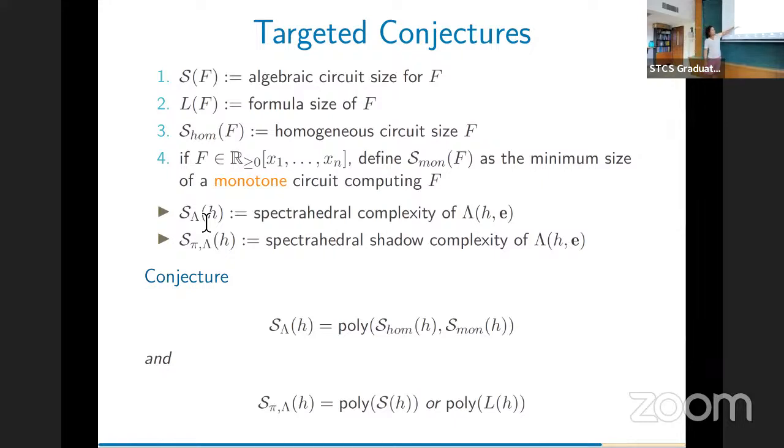Let me just say here, the monotone and the complexity here, and the projection here has more to do with the circuit size or the formula size, and here I think it's the monotone. So let me just leave the conjecture. The actual one, I believe, should be related to the monotone complexity, and the other one is just the full circuit complexity. That's why, for example, the elementary symmetric polynomial has a small spectrahedral shadow, but maybe it does not have any small spectrahedral representations. That would be my line of attack on this.